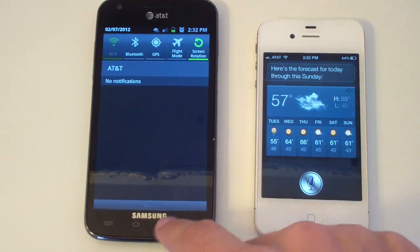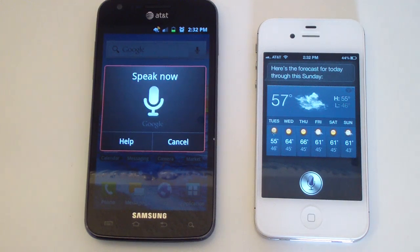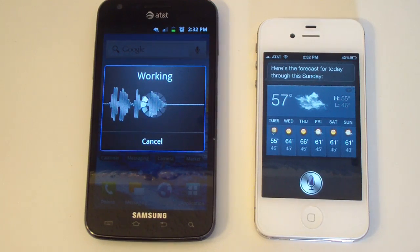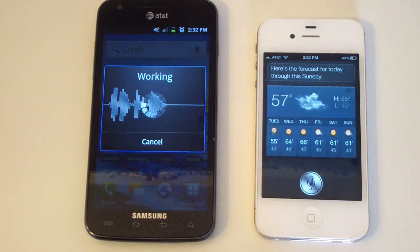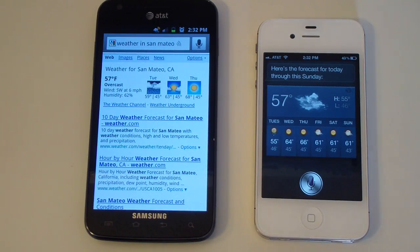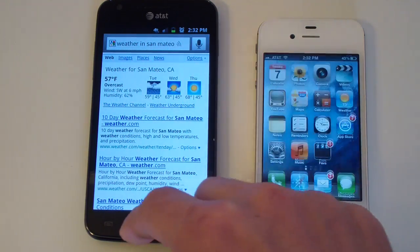I'm just going to get off Wi-Fi and try again. Weather in San Mateo. So it looks like it's not really okay. There we go. So it just did a Google search. Definitely not as clean as the iPhone, but you can also call people